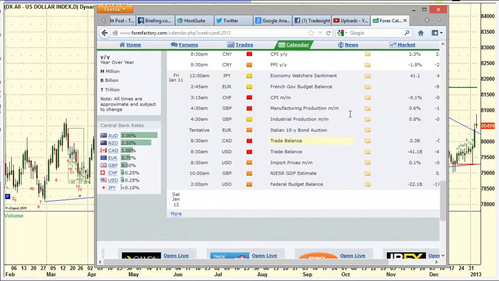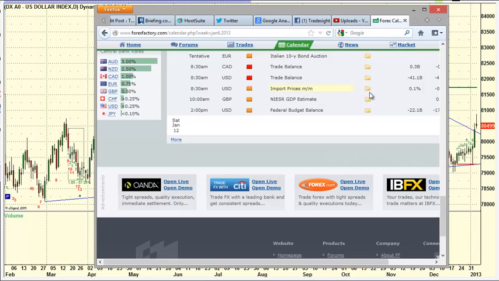And then Friday, the economy watcher sentiment out of Japan, CPI out of Switzerland, manufacturing production and industrial production out of the UK. We've got the 10-year bonds out of Europe. And then here's the big one for the U.S., the trade balance number. That is one of our big three every month that we go half size ahead of. So we'll be half size going into Thursday and going into Friday based on the rate announcements out of Europe and the UK and the trade balance number here in the U.S. And then we've got the Treasury budget number at 2 p.m. Eastern time on Friday. Everybody's already gone home at that point in time.